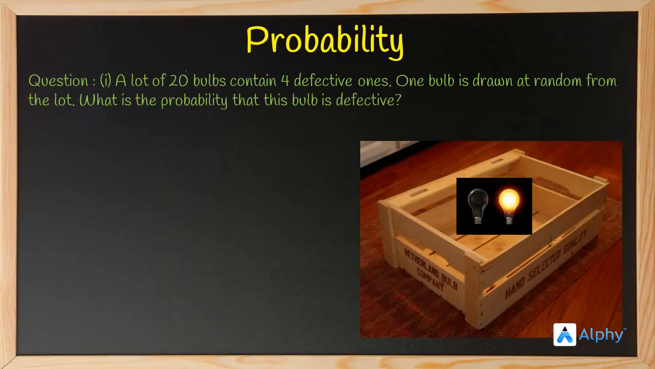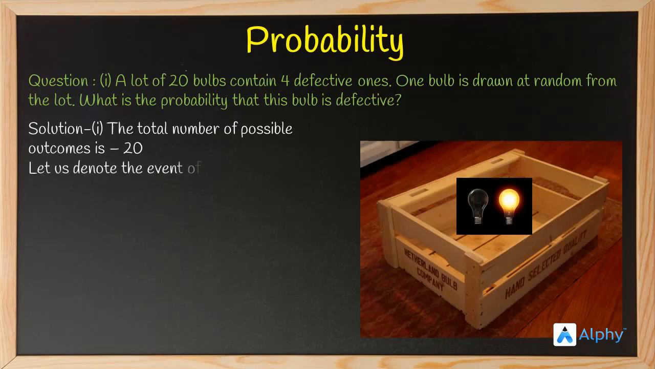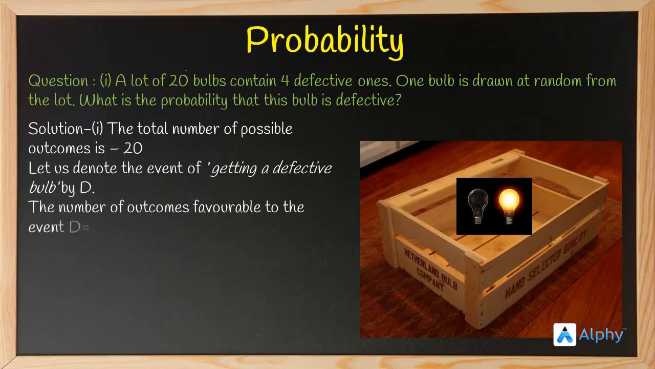Let's start with our solution by writing down the total number of possible outcomes. The total number of possible outcomes is 20 because we have a total of 20 bulbs. Now we have to find the probability that the bulb which is drawn is defective. Let us denote the event of getting a defective bulb by D. Now, what will be the favorable outcomes? The favorable outcomes to the event of getting a defective bulb will be the number of defective bulbs present in the lot. The number of outcomes favorable to the event D is 4 because we have a total of 4